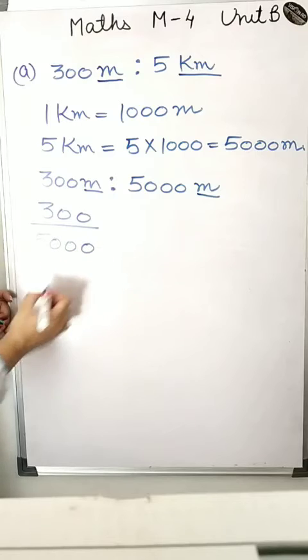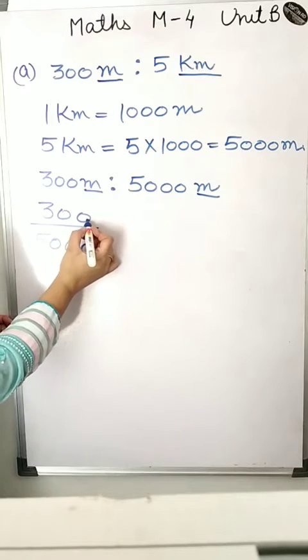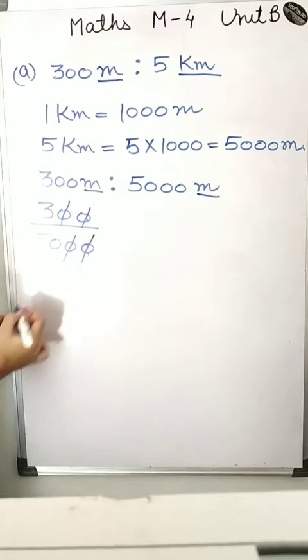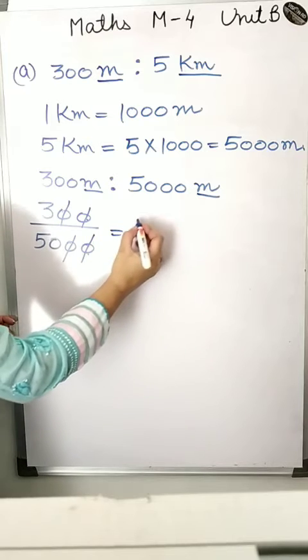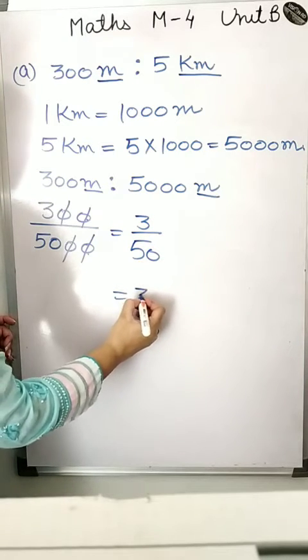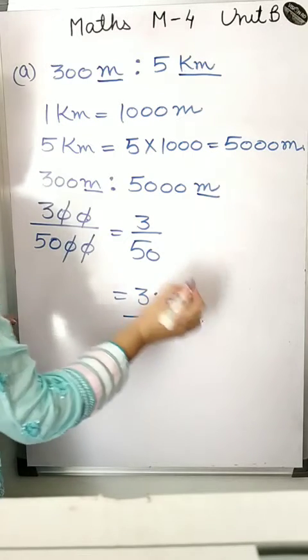One method is the one I explained in my last module: first you find the HCF of these two numbers. Another method is that you reduce them. Just see here, 0 is here and 0 there, so we can cut 0 by 0. Here also we can cut 0 and 0. So this is equivalent to 3 upon 50. So the answer is 3 ratio 50. This is the way to calculate the answer.